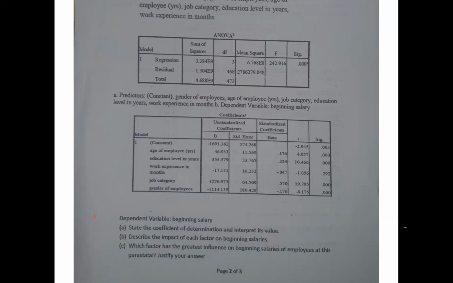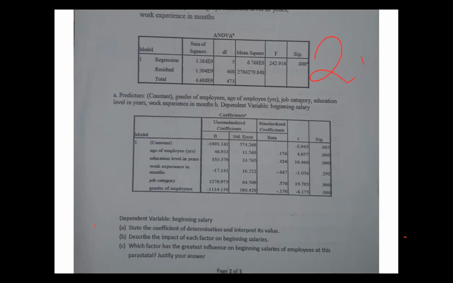Like this, which one is level of education? The T value is about 10. Job category is about 99. Like they are big T values. The T values are bigger when you look at these values. And when the T values are bigger than the critical T value, which is somewhere around 2.13,